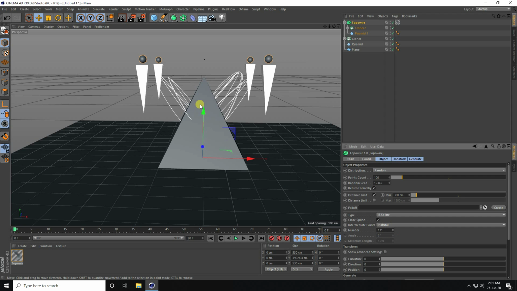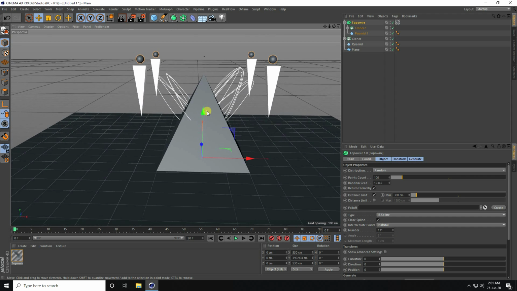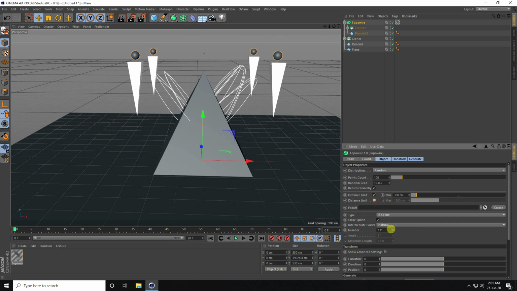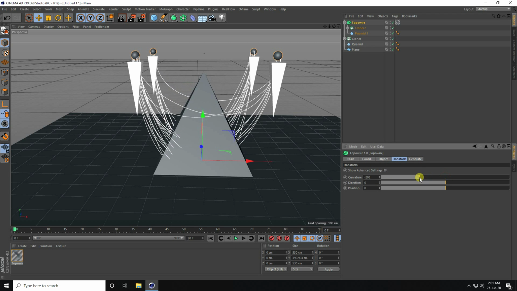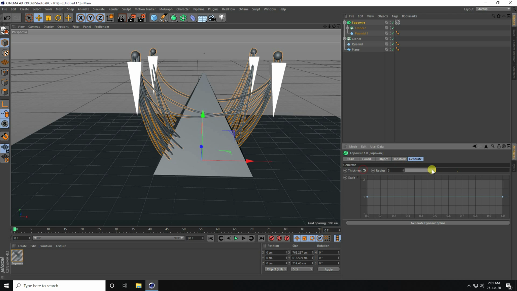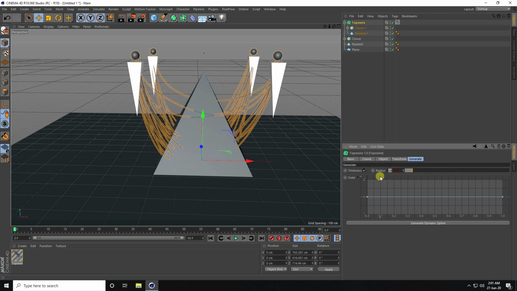increase, to create smoothness. Also change this one to random. Go to transform, decrease like minus 200, and for thickness I take 0.15.